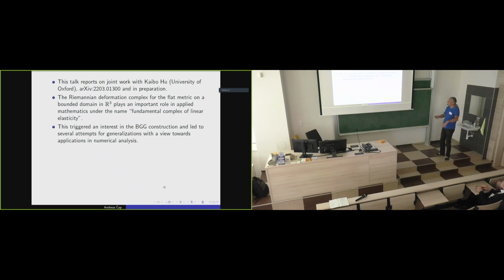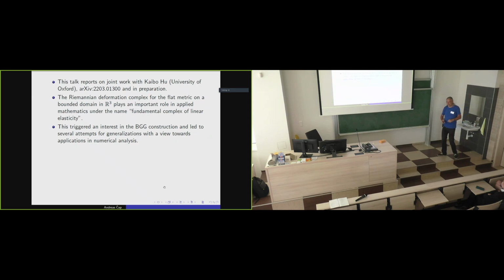And actually this fundamental complex or deformation complex can be constructed in an algebraic or geometric way. Surprisingly, this is not based on Riemannian geometry, but on projective geometry, because it just depends on the projective structure underlying the Riemannian metric. And the relation between these topics came up about 15 years ago,